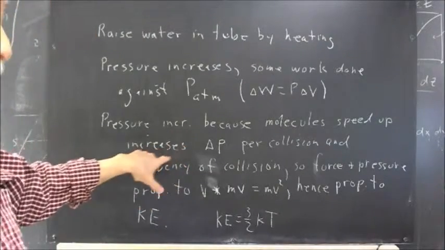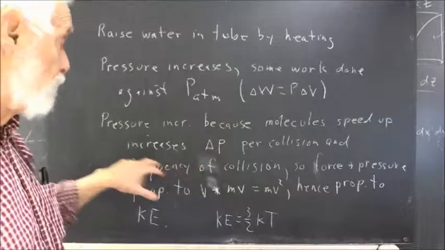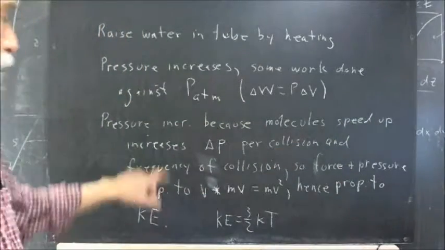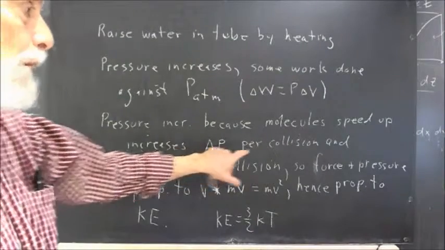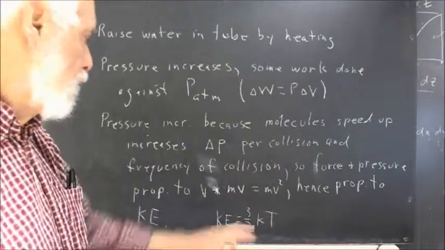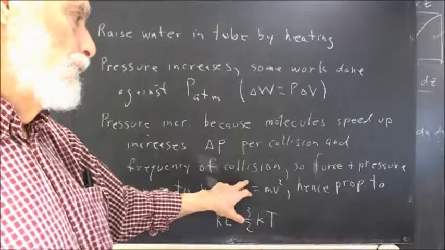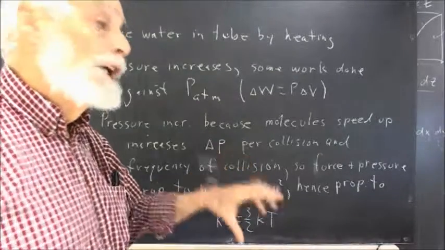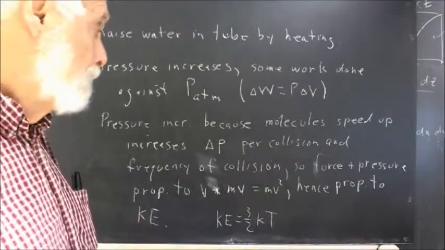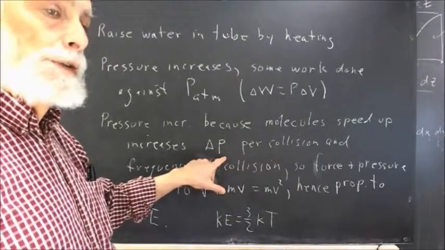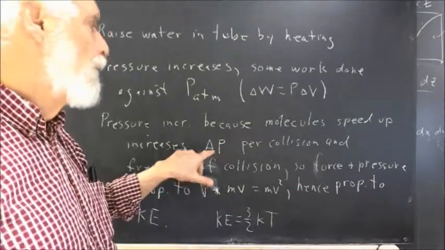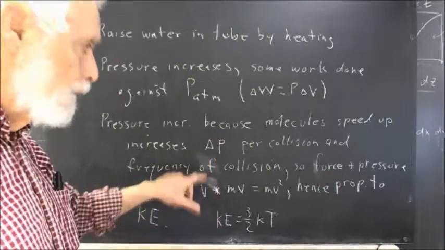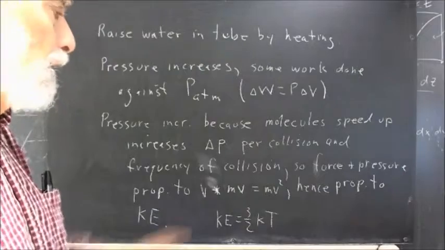Well, the increase is related to the change in momentum. The pressure increases because the molecules speed up, and that increases the change in momentum per collision. It also increases the frequency of the collisions. So if the velocity goes up 10%, let's say, the pressure per collision will go up 10%, and so will the frequency of the collision. And as a result,